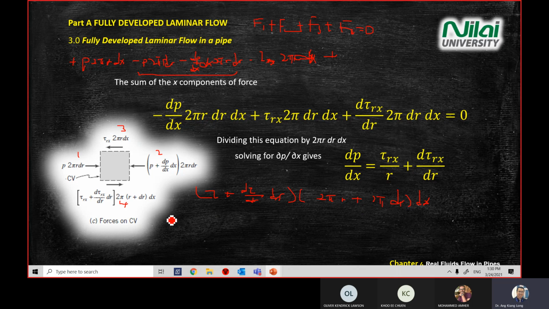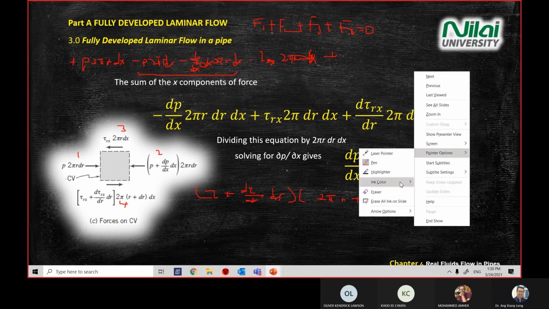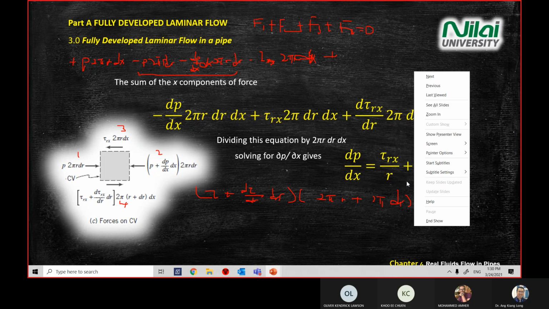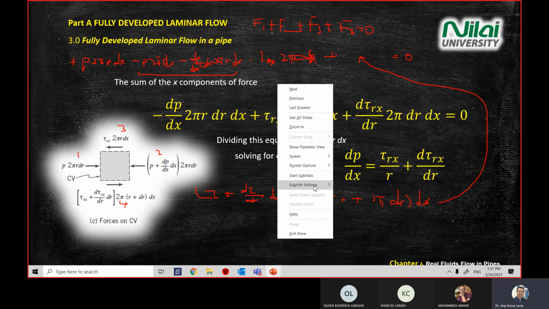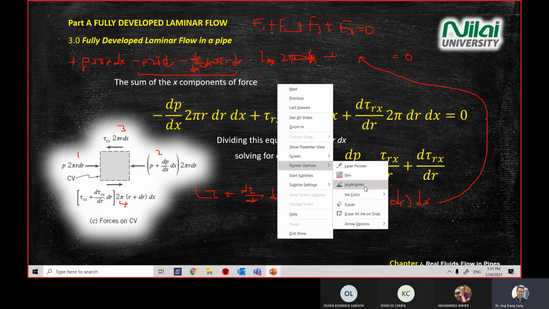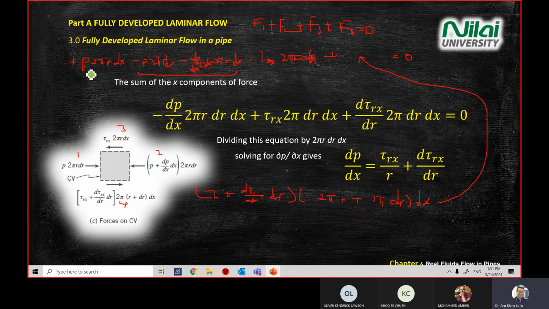So you put this whole thing over here, equal 0. After that, you simplify the whole thing. How do you simplify? You just cancel out all the repeated terms. So P 2 pi r dx, 2 pi dr